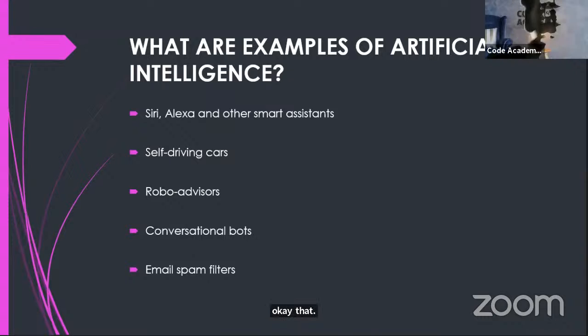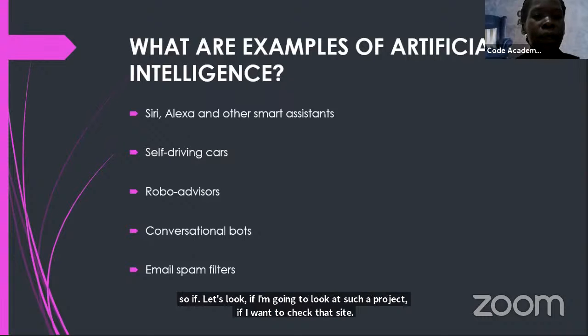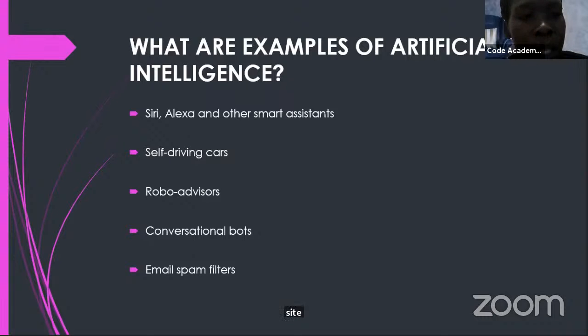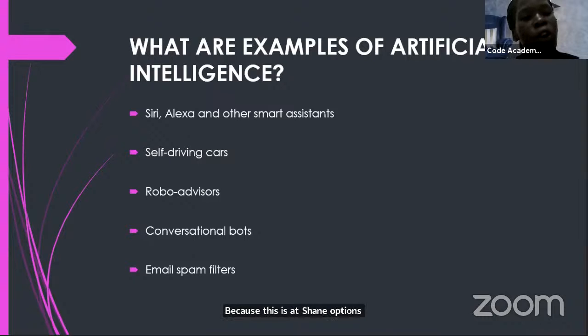So if I'm going to look at such a project, I should think artificial intelligence. What if I think of a project like, if I want to help blind people to be able to move, you get it?